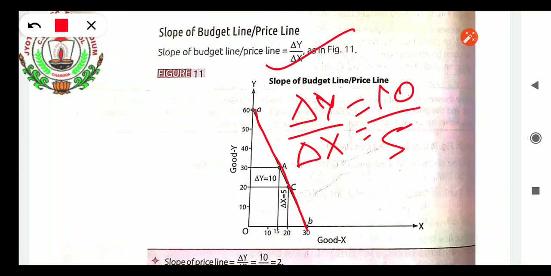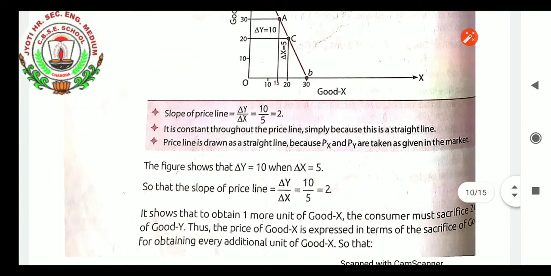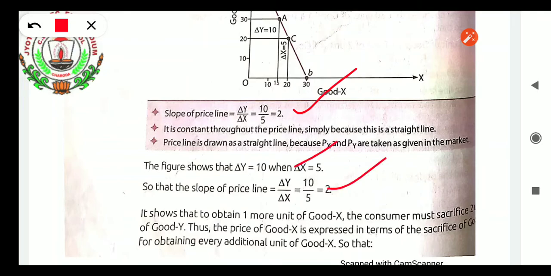So here the budget line is drawn. Here the commodities' budget line is given, the budget set is given. By that we can find out the slope of the budget line, how much is there? 2. As I calculated, if the slope of the budget line is given, from the figure also you can find out what the changes are and how it incremented. Then you can answer the question. Now the figure shows that change in Y equals 10. When the same point has been repeated, nothing more to explain. This you can come to know. I already told you how I explained there.